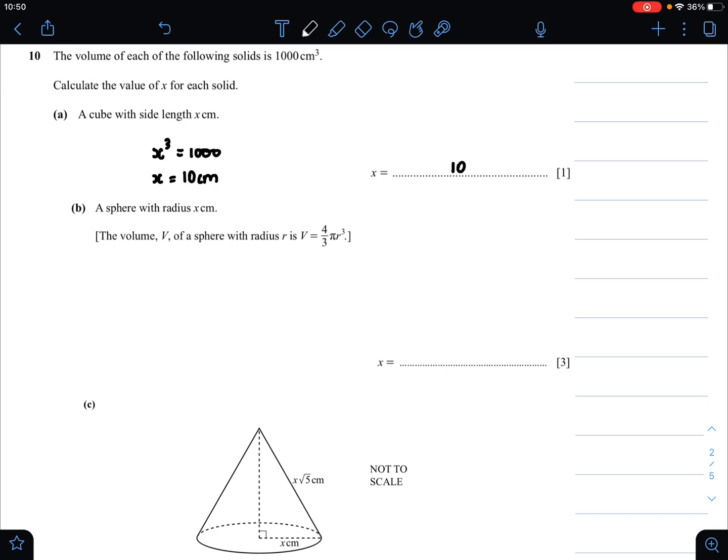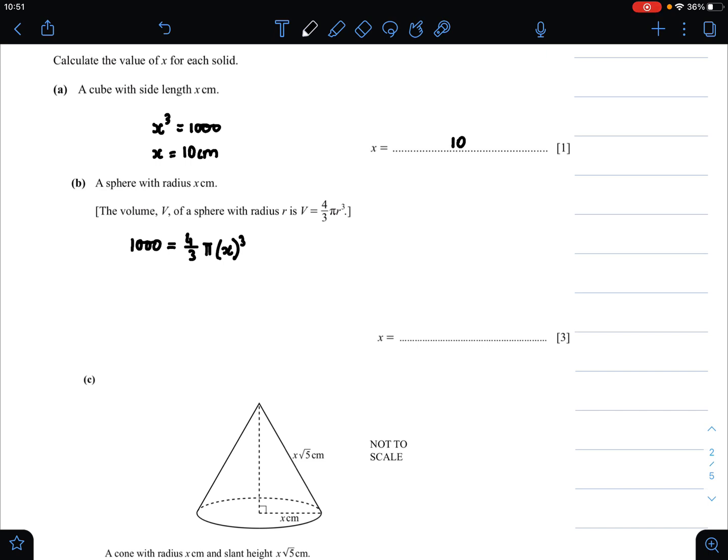Now, let's move to part B. They are telling us a sphere with a radius x centimeters. So, we know that the volume is 1000, and they've given us the formula for the volume of a sphere. So 4 by 3 pi r cube, and they're telling us the radius is x, so pi x cube. Now we can take 4 by 3 pi to the other side of the equation, so it'll become x cube